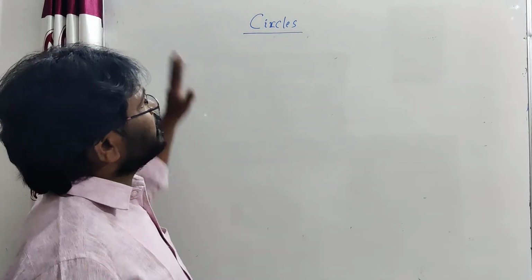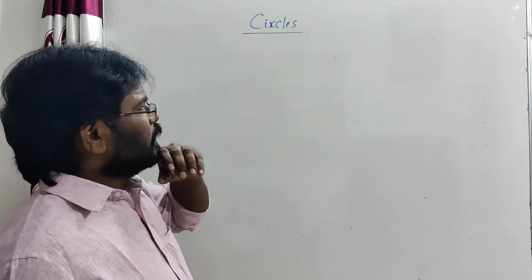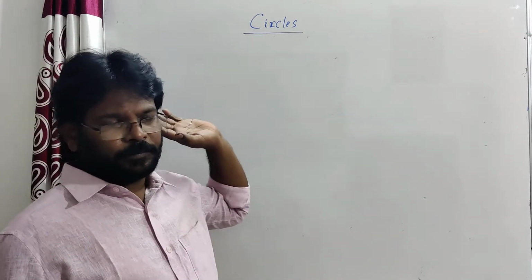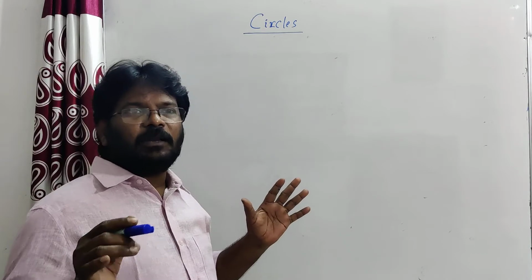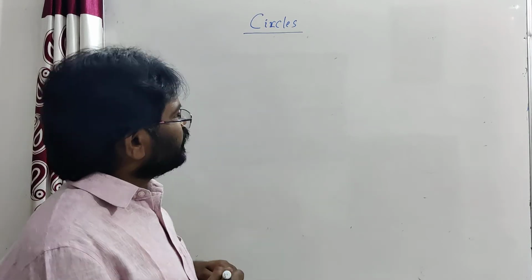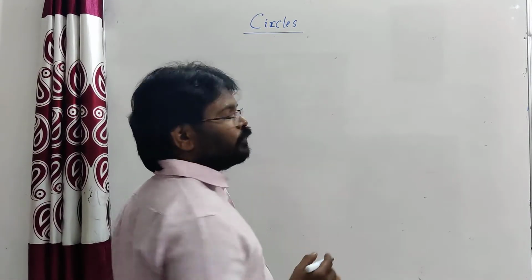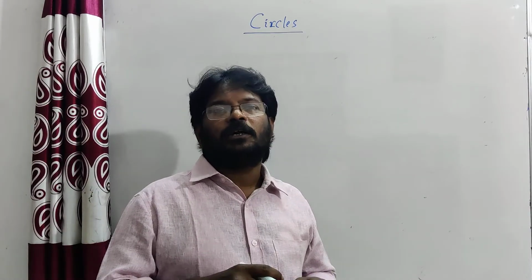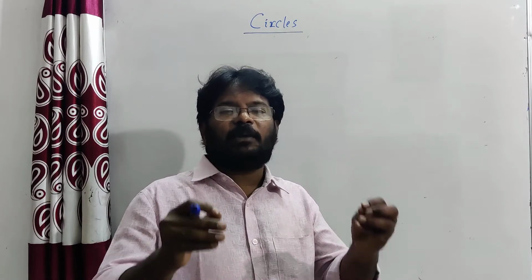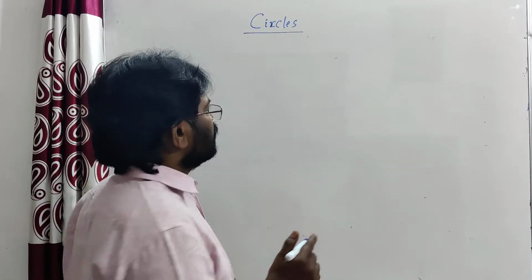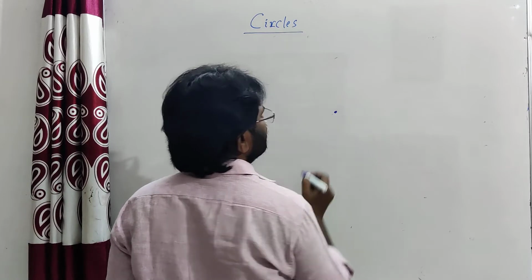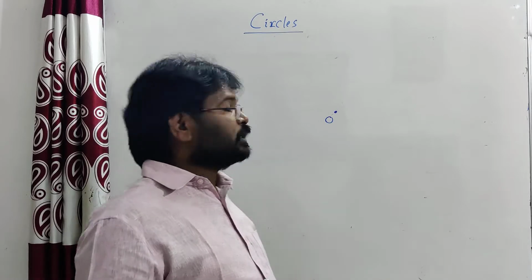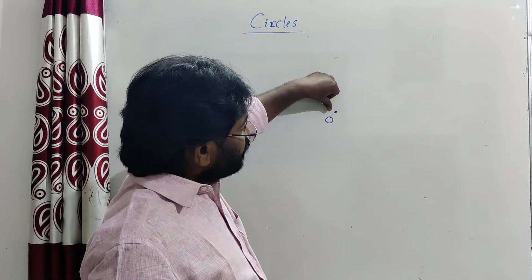So observe that this is a whiteboard. It is nothing but a flat surface. That's why it is a plane. The plane contains infinitely many points. Now the definition of a circle is the set of all the points which are at a fixed distance from a fixed point. See this, let us take a fixed point, let it be O. So the set of all points which are equidistant from a fixed point.